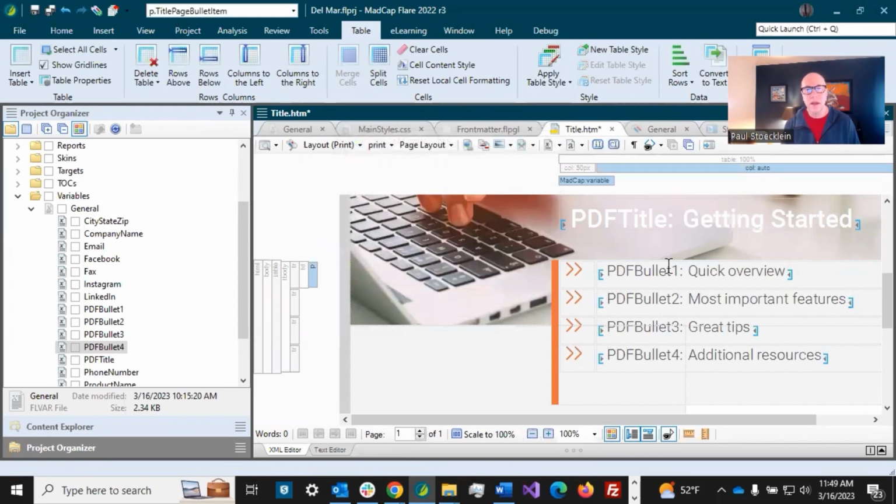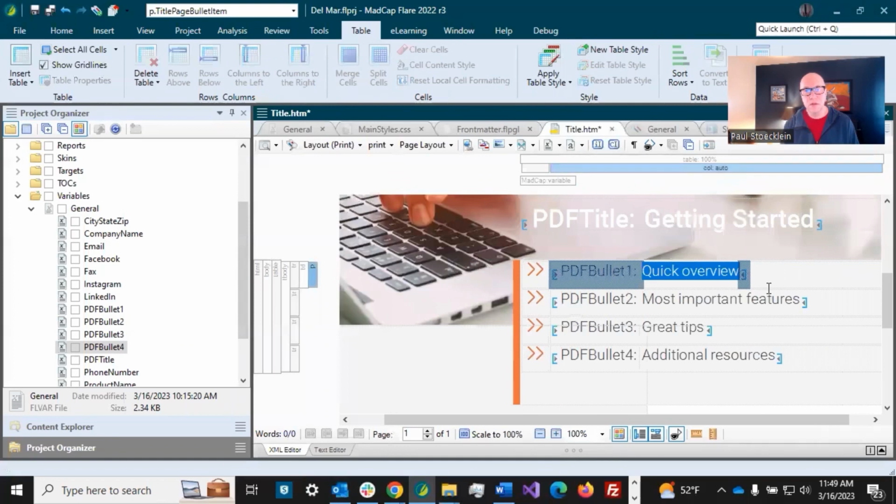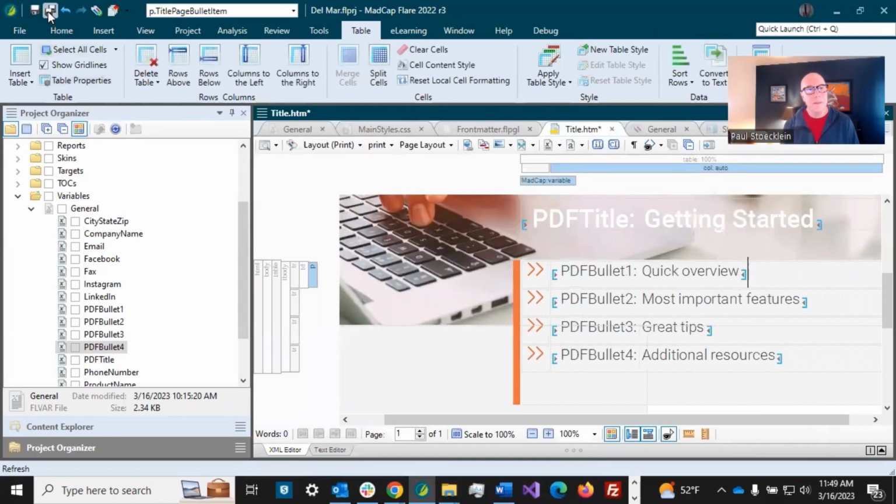Okay. Now, if I want to close the space between these images and the text, I could just click up here. This is just a quick way to do it. Just squeeze that in a little bit more. All right. But I need some more space between the bar and where the bullets begin, the table begins, and